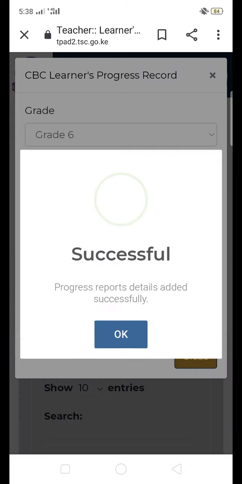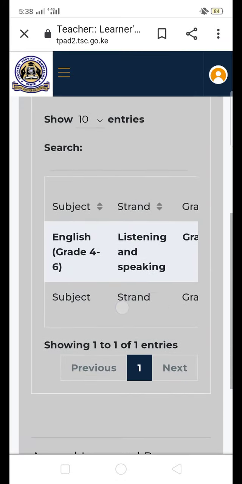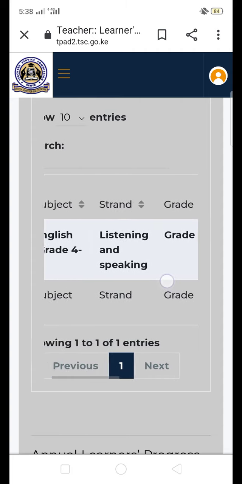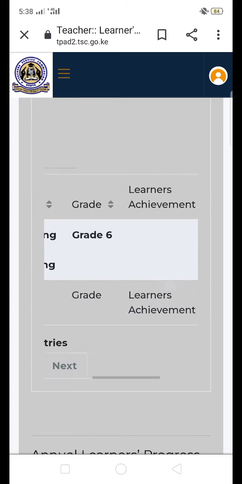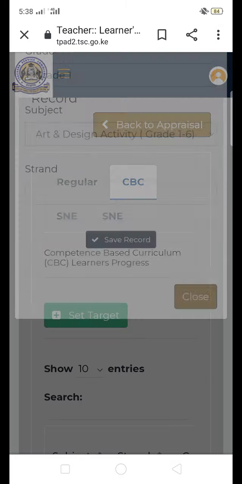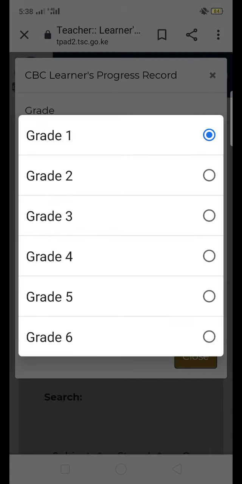You save that one. That strand is saved here. English grade 4 to 6. For grade 6, listening and speaking. That one also you need to update. Before I update that one, I have to add the next strand, which is in English we have listening and speaking. Next we have,